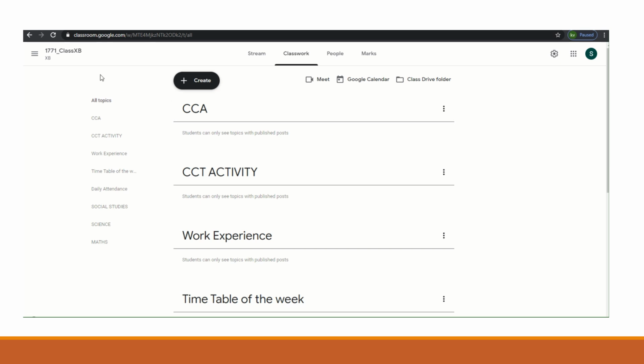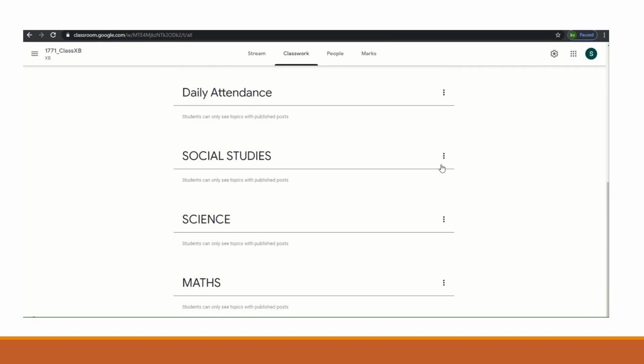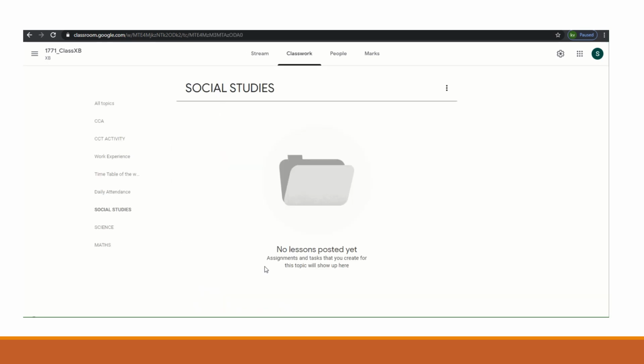And for the teachers, they have to remember to choose their subject before posting a material or an assignment or a question or whatever they want to post. They have to choose their topic and then post. For example, if you have to post a lesson, then you have to go to this particular topic and post.